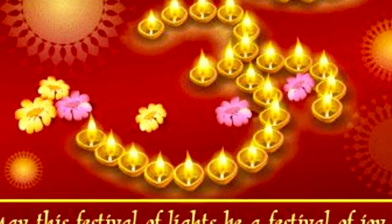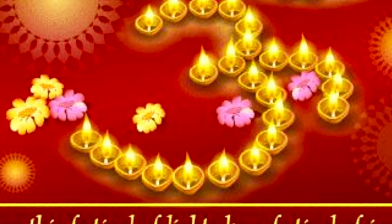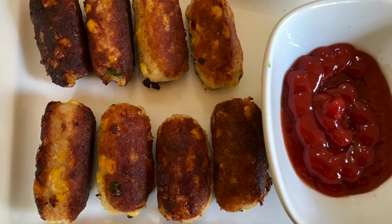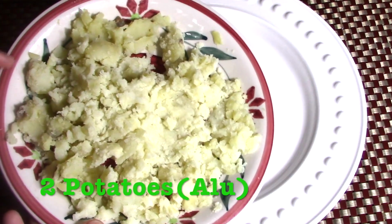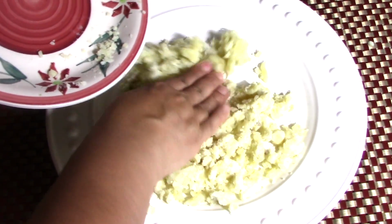I will be sharing 6 very easy snack recipes which you can make on the day of Diwali. So let's begin. All these recipes are very simple and very easy. For the first recipe I will be needing 2 potatoes. These potatoes I have already boiled and smashed. And this is a very easy recipe,